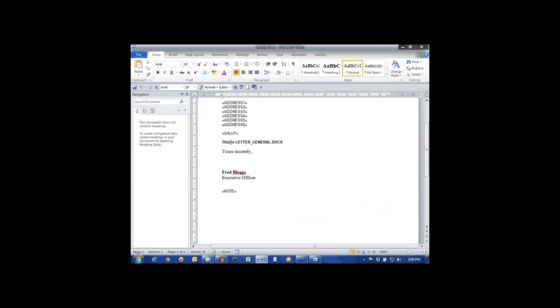In the middle, it looks like I've got some text there, but when I click on it, you'll notice that it sort of half grays out. That is actually not text that's really part of this document. That's actually where that include text field sits. Now, I can have a look at that easily by simply pressing Alt F9. And you can see there I've got this include text field, and it's going to my D drive, to DM07